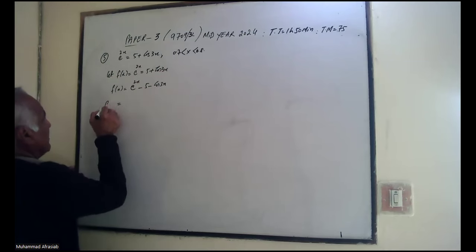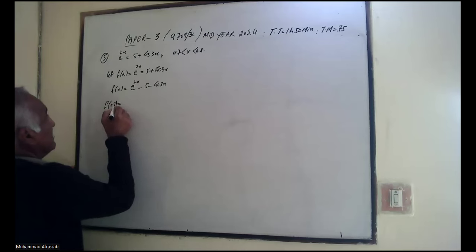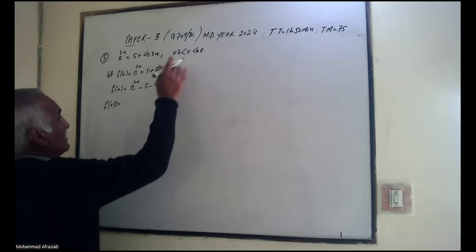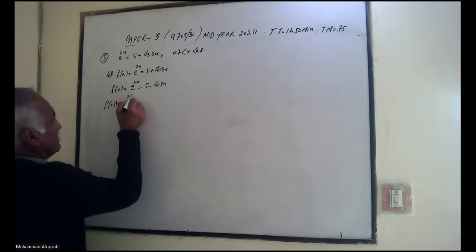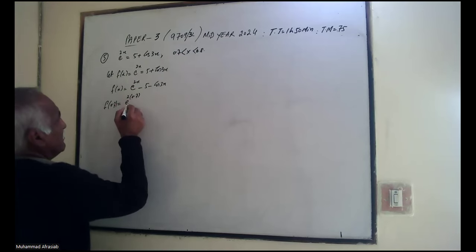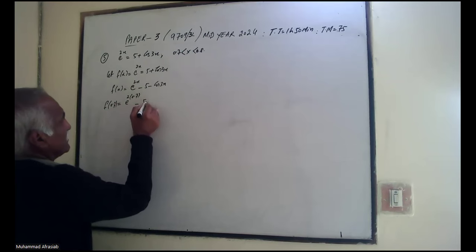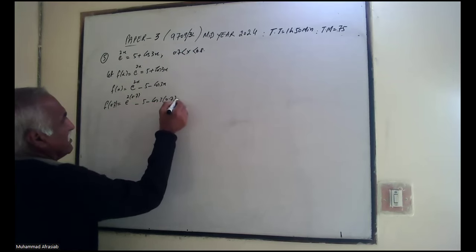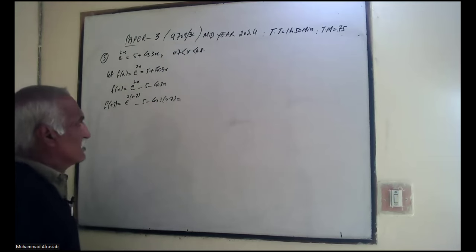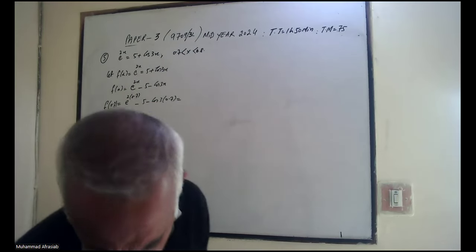So f of 0.7, because it lies between 0.7 and 0.8, will be e power 2 into 0.7 minus 5 minus cos of 3 into 0.7. And this numerical value, after calculation, is going to be equivalent to